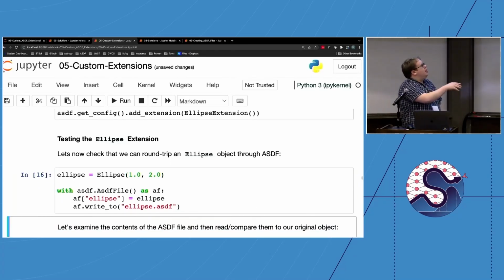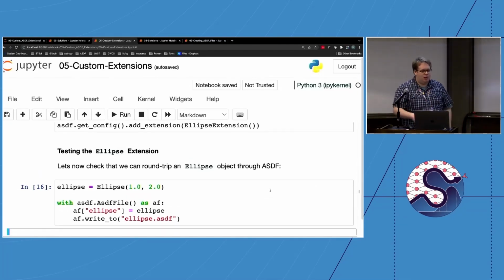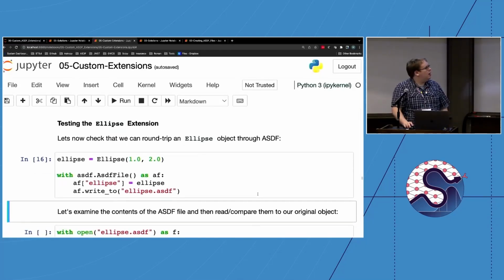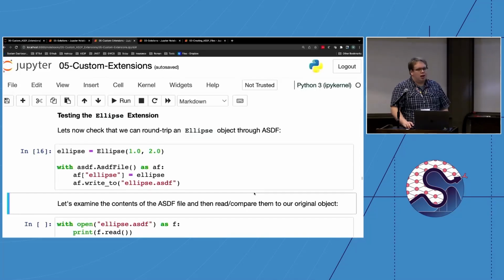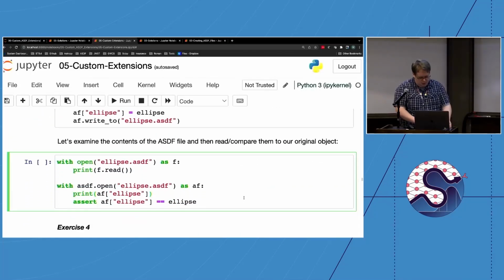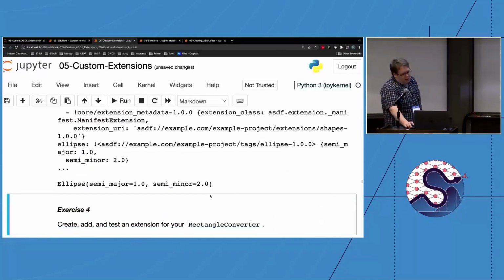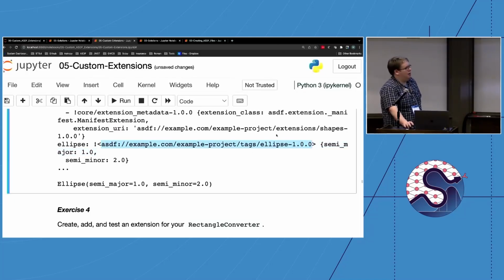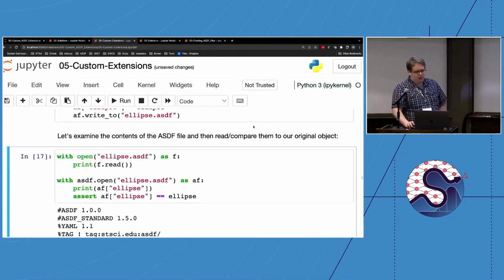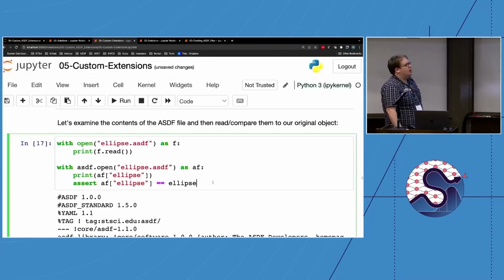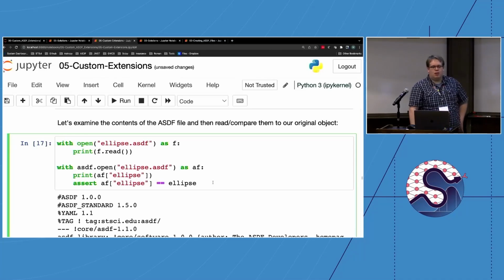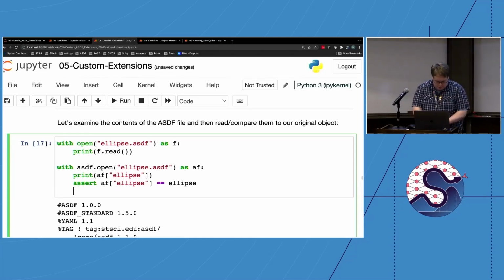So this is just a test of it. Look, now I've created an ellipse object and I've actually written it to an ASDF file, in a fairly seamless way, as long as I don't restart the current interactive session, so that the config gets wiped out. We can look and see here. Here's our ellipse, and here's that tag that we specified at the beginning, and it wrote it out. And indeed, if you look at the rest of this, I compared these two and found that they were equal. And if we check the ID, I'm going to assert